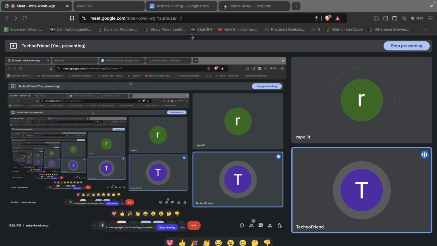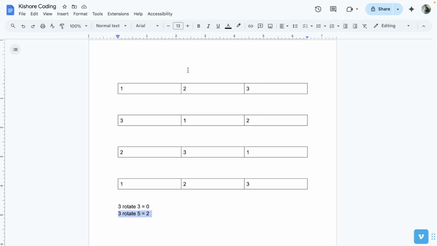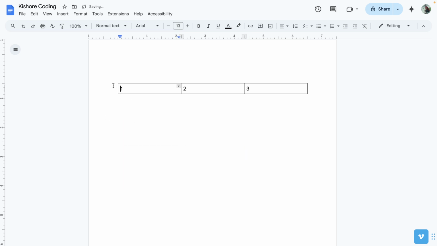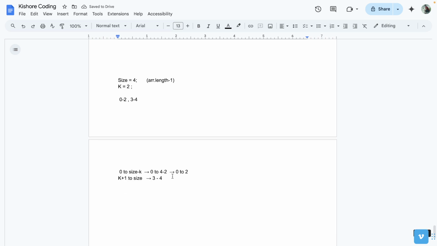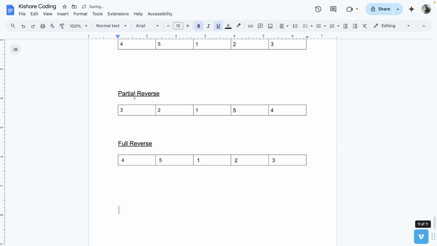So see, there will be one more. We are clear with this thing, right? How we are doing this rotation and all. But is there any other way as well in which we can achieve the same solution? We are good with these k values, right? How we are getting the value of k. Cool. Instead of writing this logic again and again, what we can do,